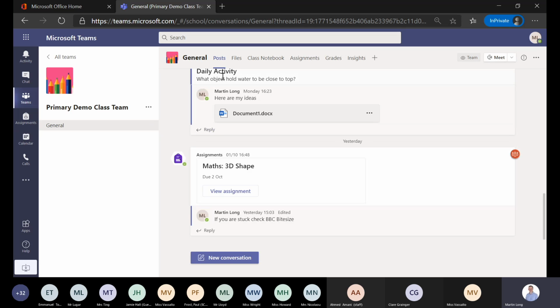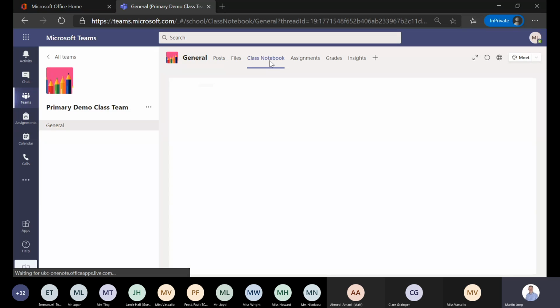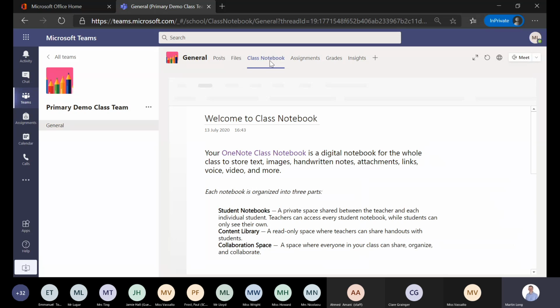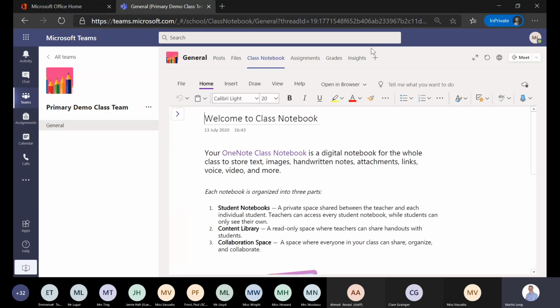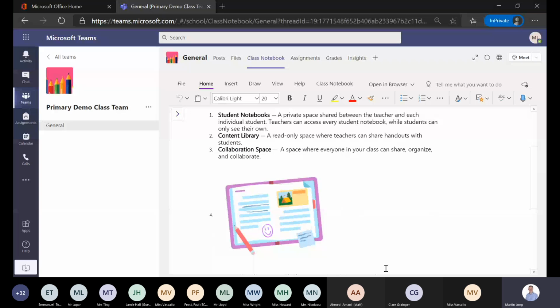Once you're inside of it, you'll notice the tabs along the top, which are covered in some previous sessions. And today we are solely going to focus on the OneNote class notebook tab, which is there. The first time you arrive in your team, you will have to activate your team for your team to become visible to your pupils. But also, when you first come to your class notebook in your new class team, you will have to create your class notebook, and it will have a little picture which looks something like this in the middle of the screen,